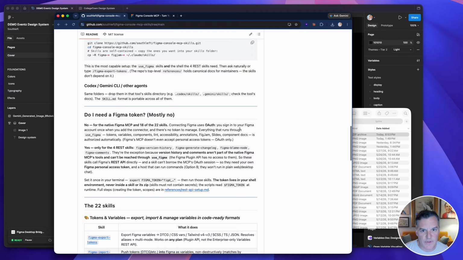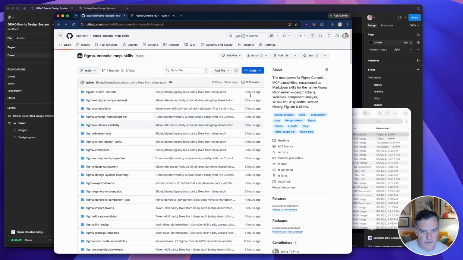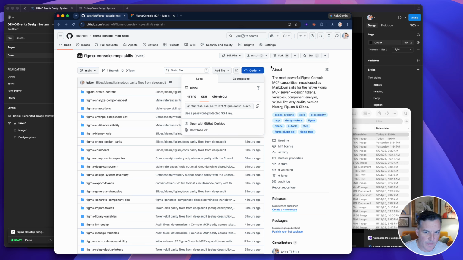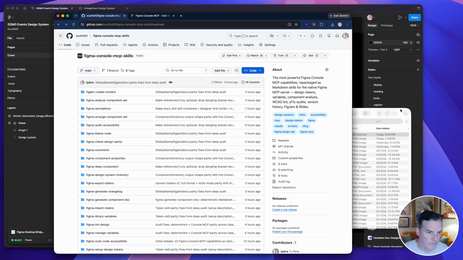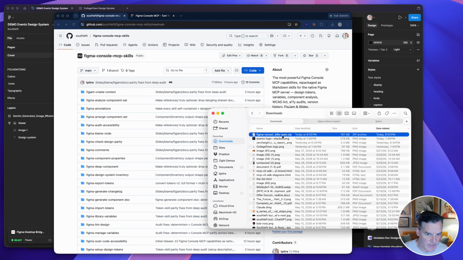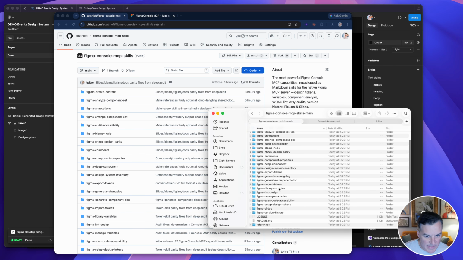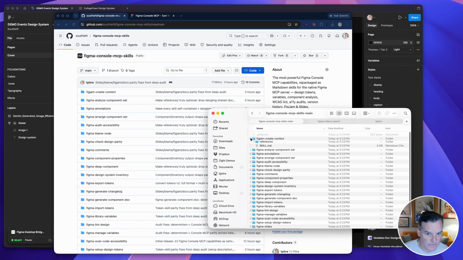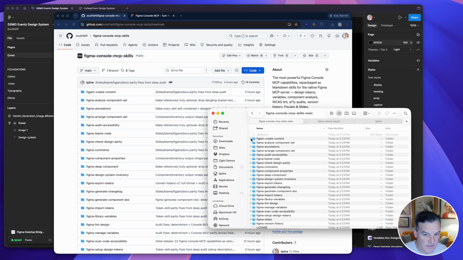So without further ado, let's go ahead and take you through the installation of a couple of these. The way I would probably do this if I were you is I would clone the repo, or I'd go here and then I would click the download zip. And then that download zip, if you're on a Mac, will put it in your downloads folder. It'll create this little zip right here. You can unzip that zip and then dive into it. And then you have a bunch of these, all the skills that are in here. Each one of these contains a SKILL.md file and then whatever corresponding scripts or other markdown files are associated with them. So today I'm going to use this Figma export tokens, and I am going to install it in